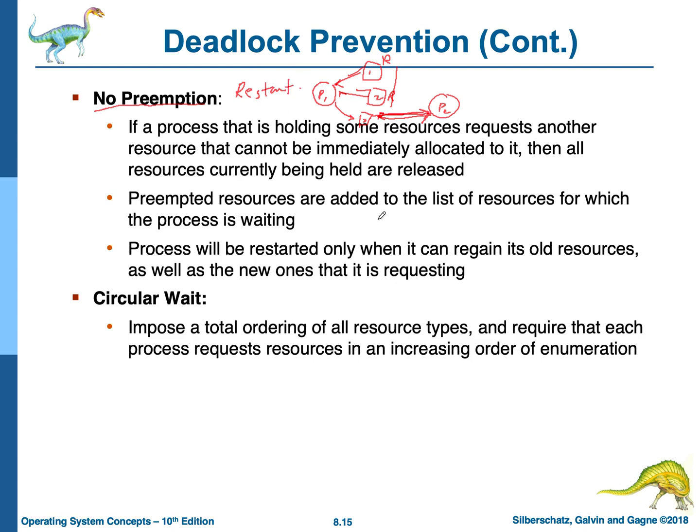Okay, preempted resources are added to the list of resources for which the process is waiting, right? And whatever the resources are here are added to another list, that these resources were actually acquired by P1 at some time, right? Maybe 1 and 2 are added to a list. The process will be restarted only when it can regain its old resources, meaning these, and the requested resource, meaning this. The process can restart, not resume. I'm again telling that the process will restart because this is an atomic process,